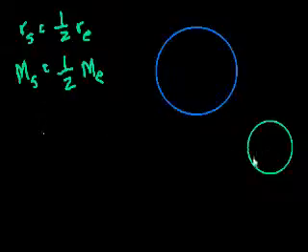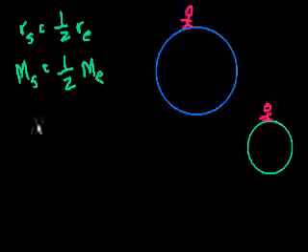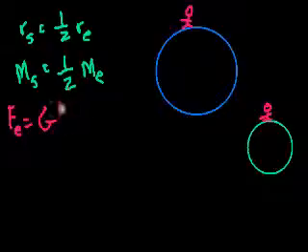But my question is, if I'm standing on the surface of this, so the same person, so Sal, if I'm on Earth, what fraction is the pull when I'm on this small green planet? So what is the pull on me on Earth? Well, my weight on Earth, the force on Earth, is going to be equal to the gravitational constant times the mass of me, so m sub m,